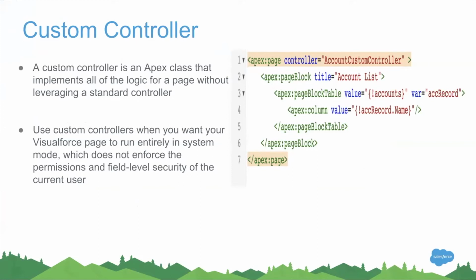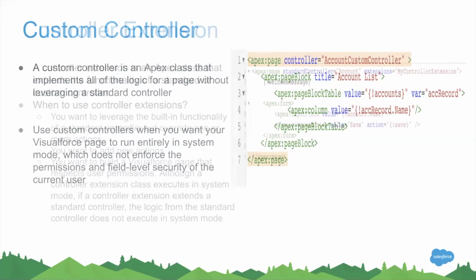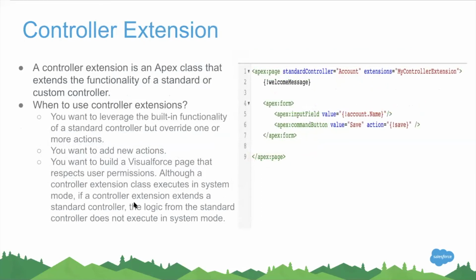So you just need to concatenate two numbers and render in the UI. For the save and delete operations, you are trying to leverage the standard controller. How would I leverage the same if I want to customize one particular functionality? For that, we have something called a controller extension.